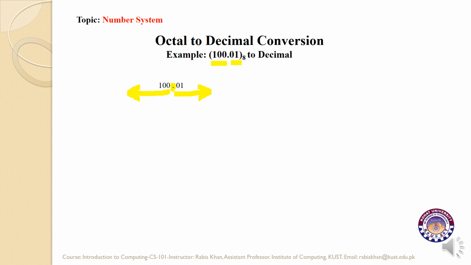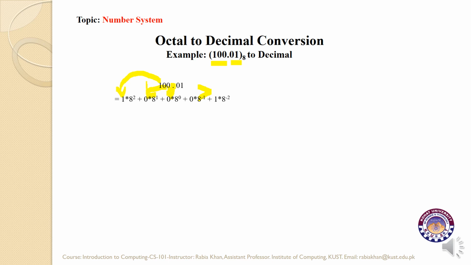Then we need to start multiplying both the parts with 8. So this is how we multiply both the parts with 8, and the result is in front of you. We first treat the integer part. In integer part, first digit is 0. 0 is multiplied by 8 and the power of 8 is 0. Next digit is again 0. It is multiplied by 8, the power of 8 is 1, and last digit is 1. It is multiplied by 8, the power of 8 is 2.